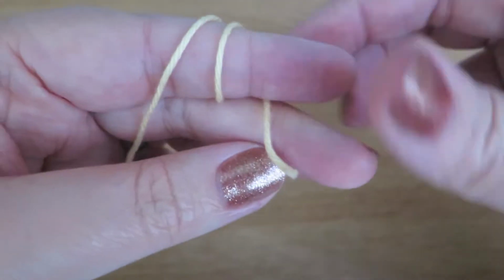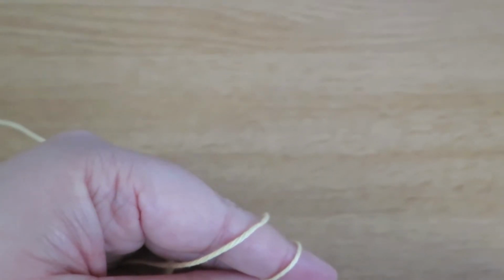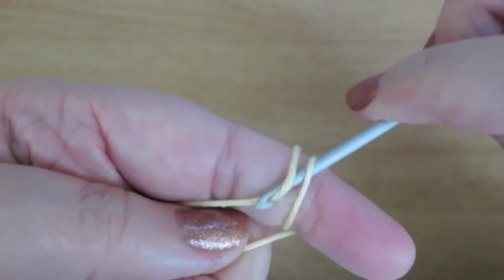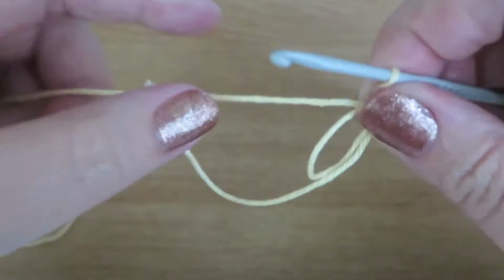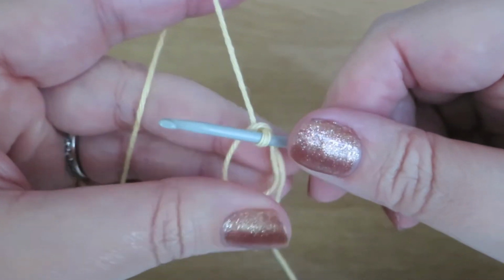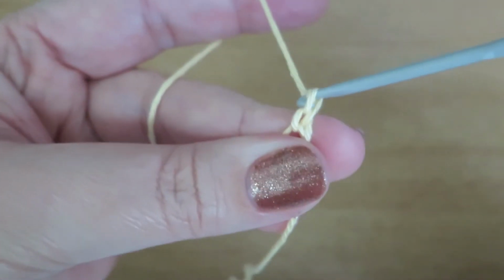So, magic loop, we wrap around the finger. And I've got a video link down below to a video on how you do that, but it is essentially making the slip knot around a loop of your finger and then working all of your stitches of the first round into that loop. So I'm going to chain 3